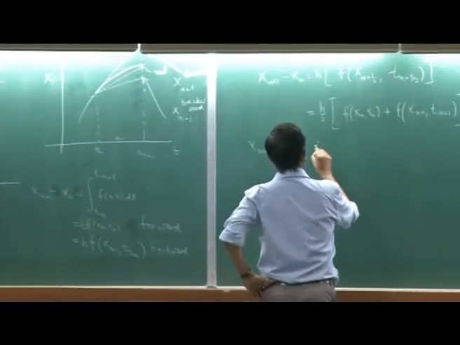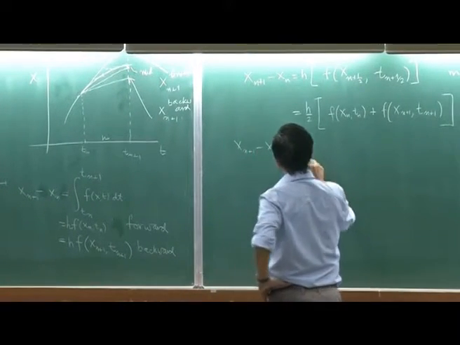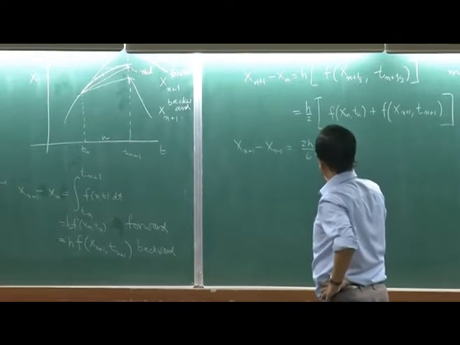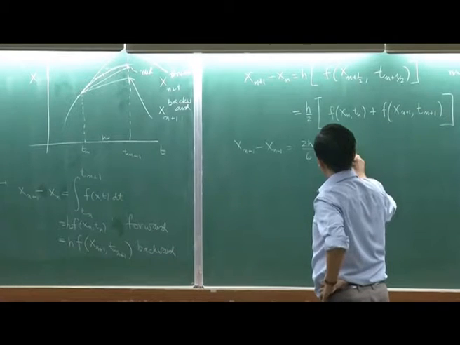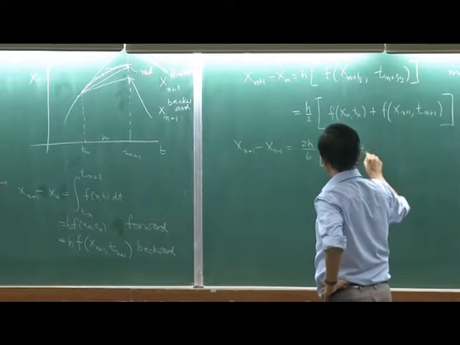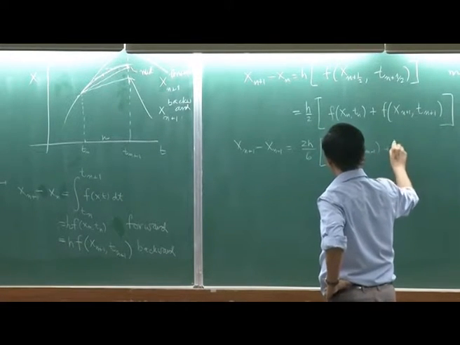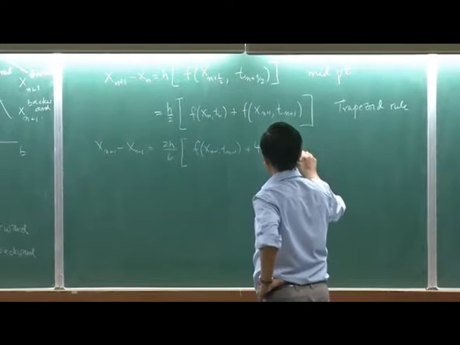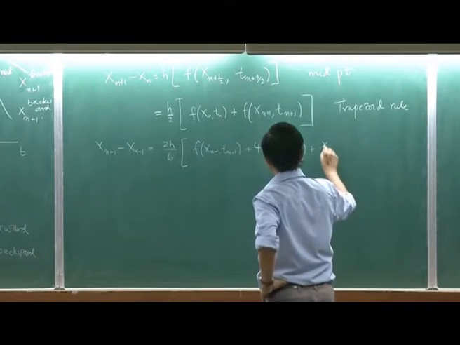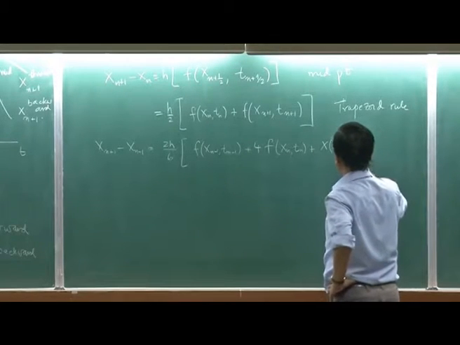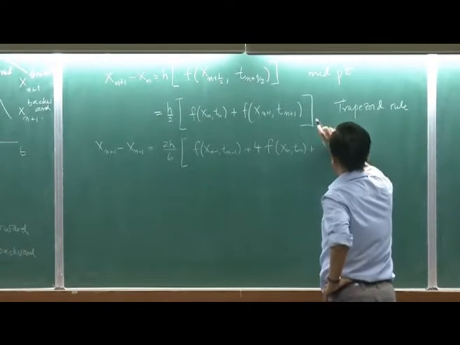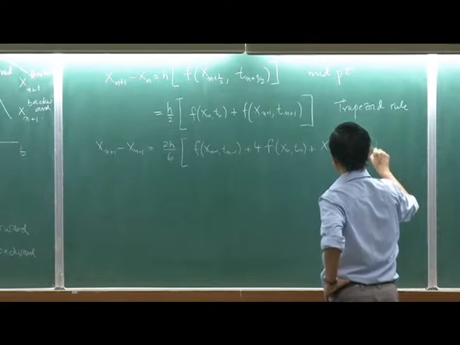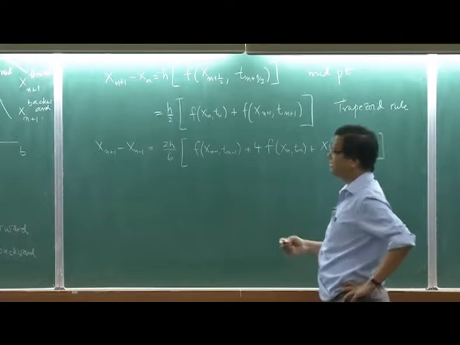So 2h, so what is the rule called? The 3 point rule is the Simpson rule. So this is f of x_{n-1}, t_{n-1} plus 4